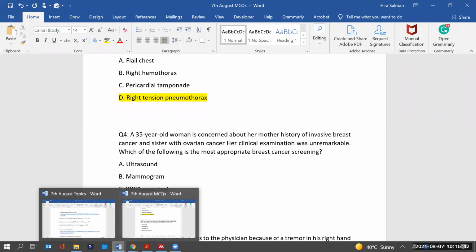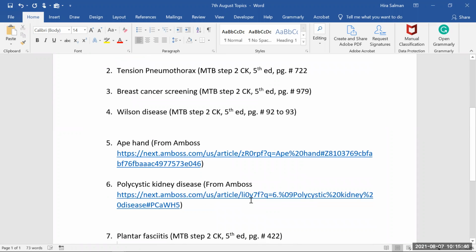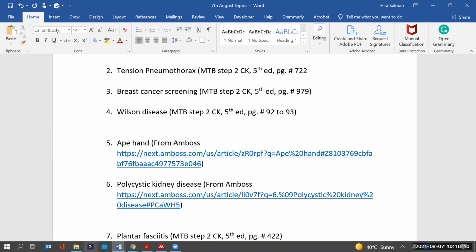Okay, for the next one, we have to go for the theory first. Now we have breast cancer screening. Screening questions are very important, especially two screenings. One is colon cancer, one is breast cancer screening, and especially also when we are doing a pap smear, what are the typical ages of doing the pap smear? So these are the three things you always find asked. Please, these are very important topics. Go for them. So here we are covering breast cancer screening. I'll take you to